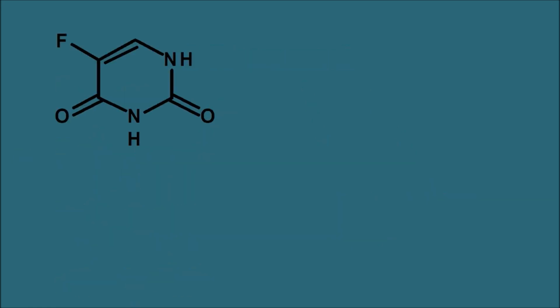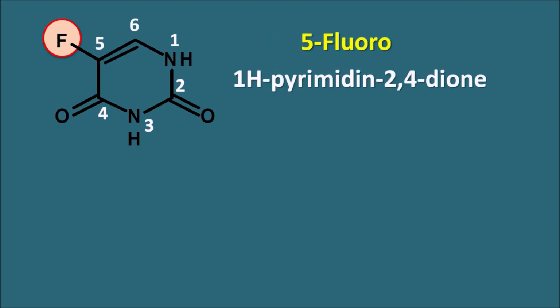First of all, let us see the structure of 5-fluorouracil. This is a simple structure of 5-fluorouracil. And we know that the basic ring is the pyrimidine ring. So here 1, 2, 3, 4, 5, 6. So at the fifth position there is a fluorine, and this fluorine group is attached to the uracil. So this is 5-fluorouracil. We can write the chemical name of 5-fluorouracil as 5-fluoro-1H-pyrimidine-2,4-dione. Simply it is a fluorine substituted uracil.